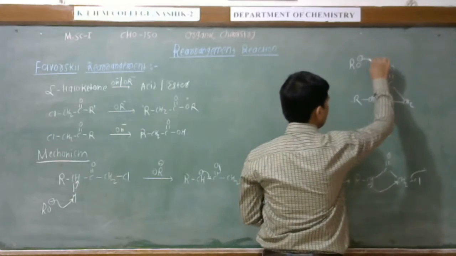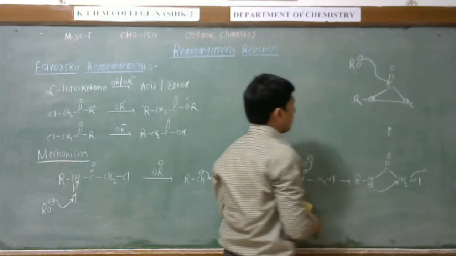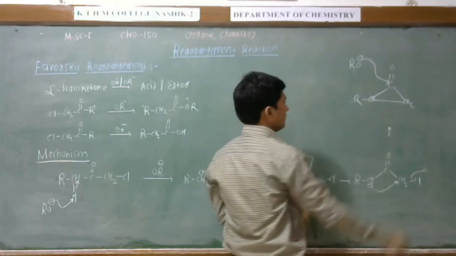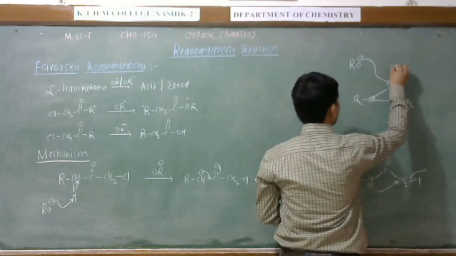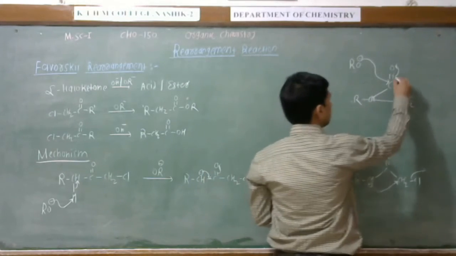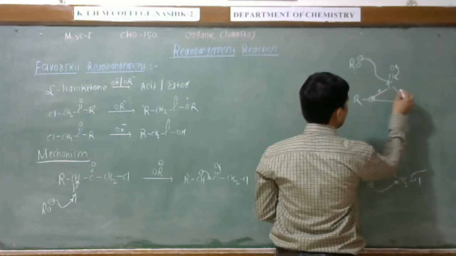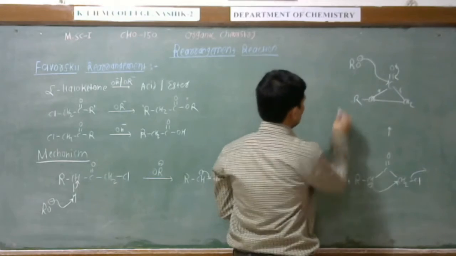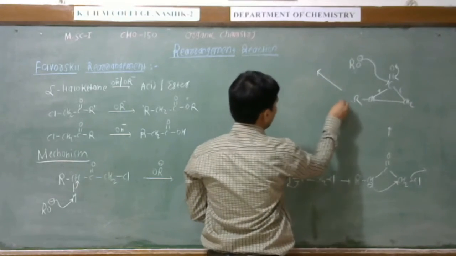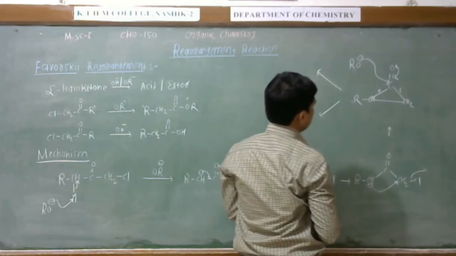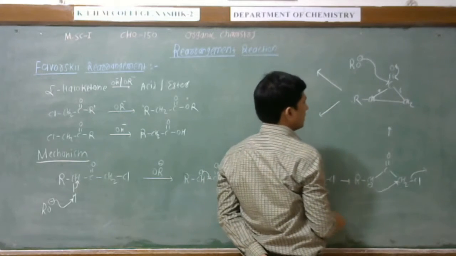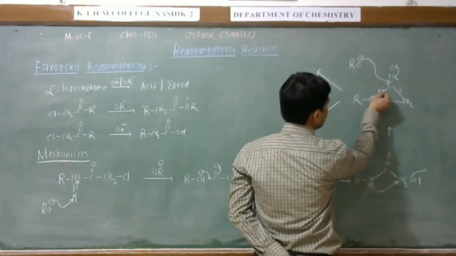So therefore, when a nucleophile attacks the carbonyl group, the carbonyl double bond opens, and after that the carbonyl group is reformed. If this is the A bond and this is the B bond, there are two possibilities: the A bond will open, or the B bond will open. Firstly, we can try opening this A bond.